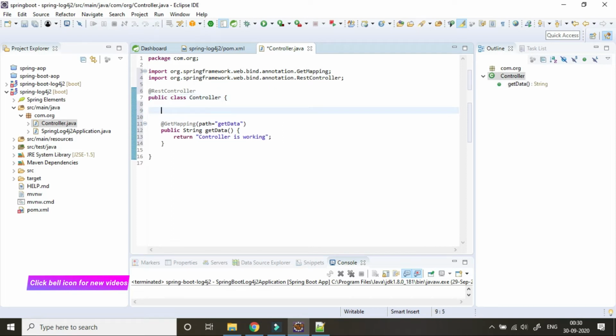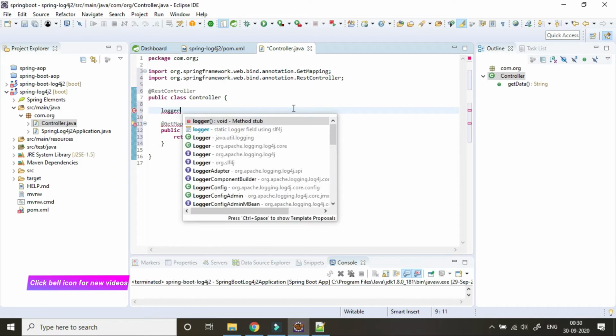Now we have to create a logger instance. So we will use SLF4J. So what is SLF4J? SLF4J is a facade. It supports Log4j, Logback, Java Util Logging, everything. So we should always use SLF4J.